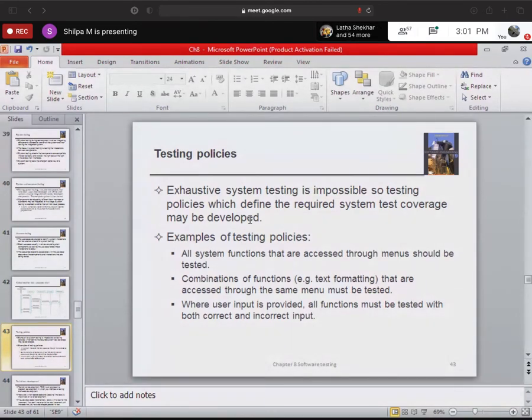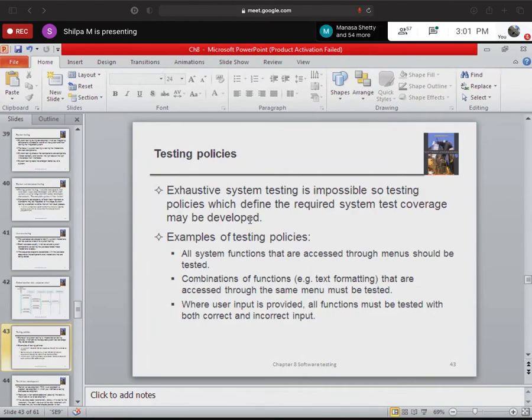So what are the testing policies? All system functions that are accessed through menus should be tested. Combinations of functions that are accessed through the same menu should be tested. Where user input is provided, all functions must be tested with correct and incorrect input. See, do testing with both the correct data and incorrect data.